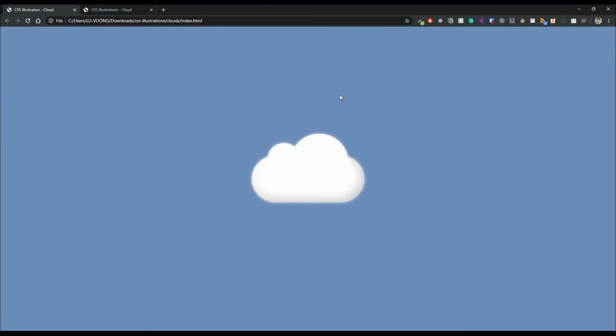So welcome to the first video of this CSS Illustrations or CSS art series. It's something I wanted to do since it's a fun way to learn CSS and you can also be creative when doing this. So for the first video, we're going to take a look at creating a cloud in pure